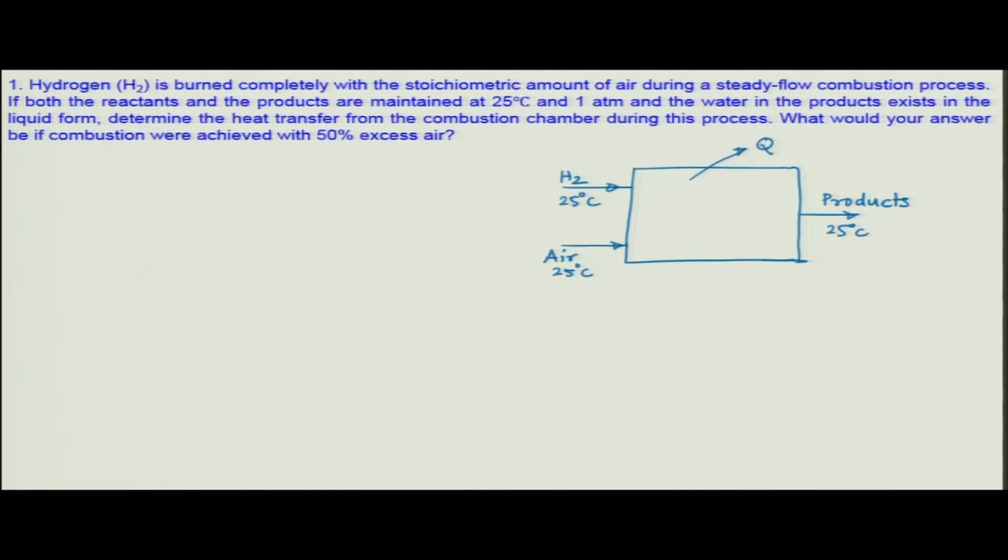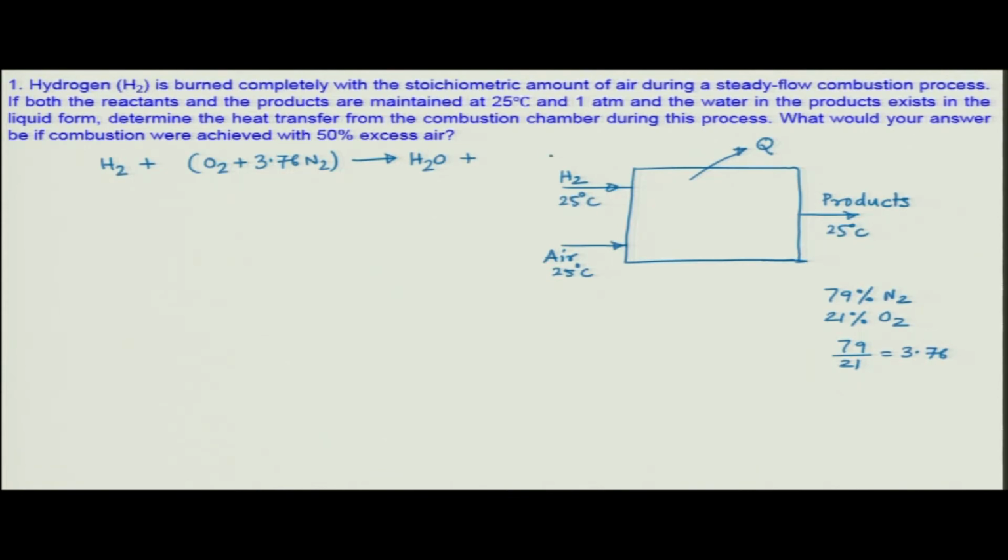So, first we can start with the stoichiometric balance equation. So, we have hydrogen plus air. In air you have 1 mole of oxygen and 79 by 21, so 79% nitrogen and 21% oxygen. So, for each mole of oxygen you have about 79 by 21 moles of nitrogen, that is 3.76. The ratio 79 by 21 is 3.76. So, let us say 3.76 times N2, and that gives you the products, that is water,